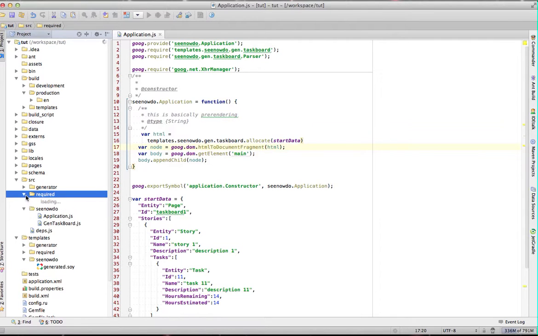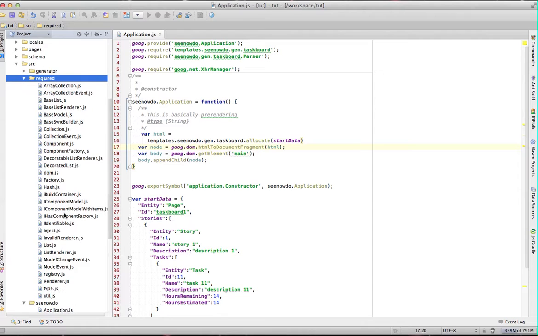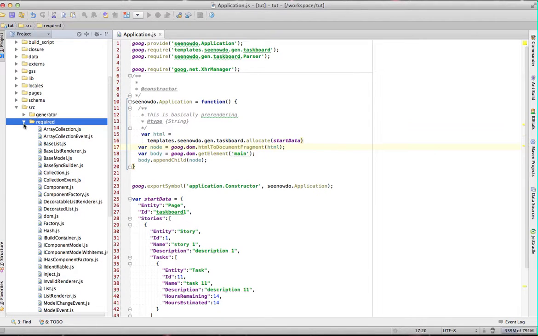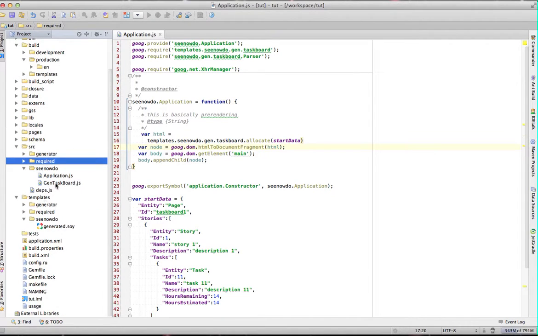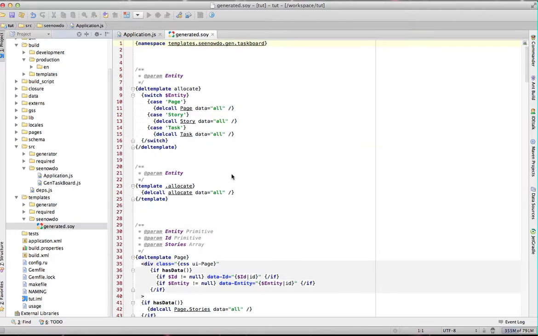At the moment, it's a bit of a mess. Like lots of, yeah, this is a bit of a mess. It will be cleaned up. So then I went and I took the allocate function from the template, which if we go to the allocate, it takes a JSON piece, it looks at the entity, and it switches to